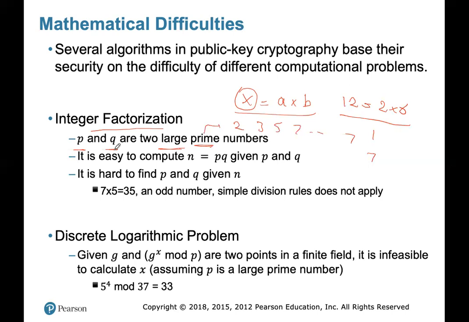So if I get two prime numbers like P and Q, which of course are big numbers, in that case, it is computationally easy to find N, which is the multiplication of P and Q, and it is computationally hard to find P and Q from N. For example, if we assume P is